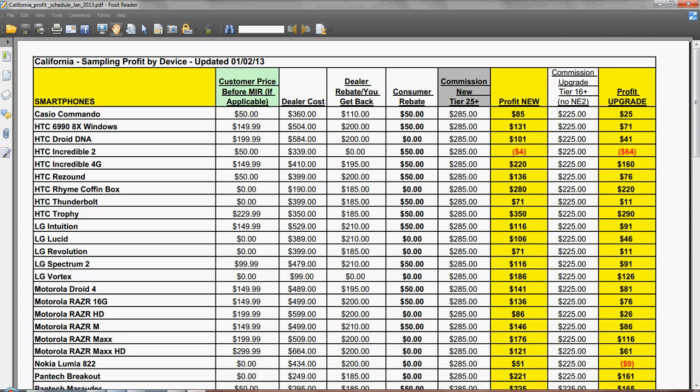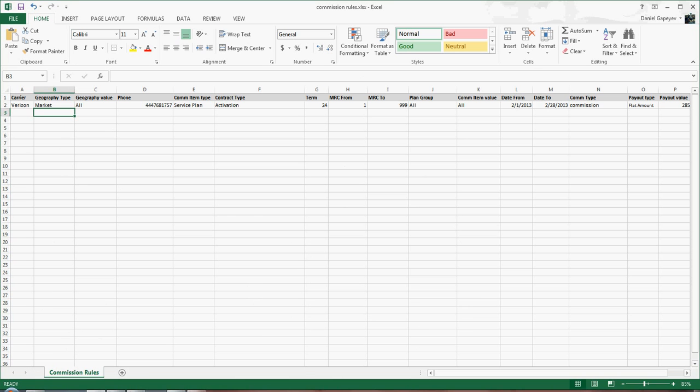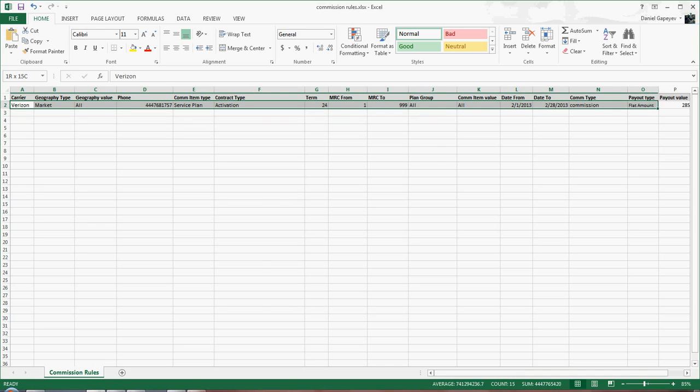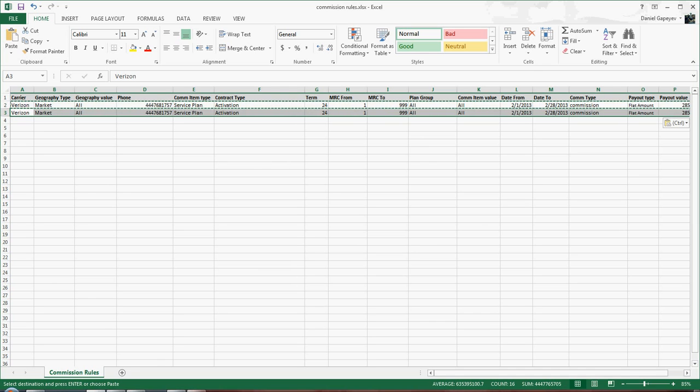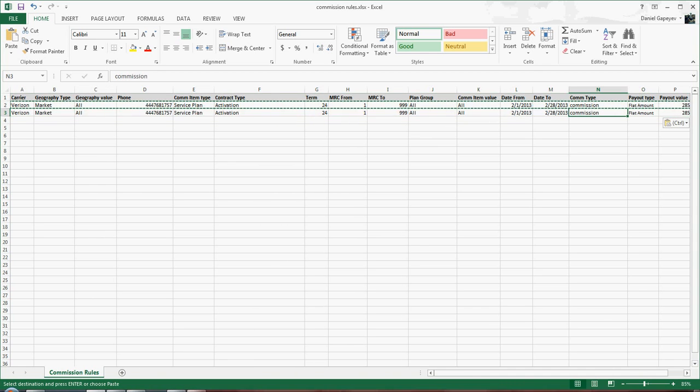So what I can do, and I will simply copy the whole line here, and I can paste it in the second row, and I can say that I get additional spiff, and I will call that commission type spiff here